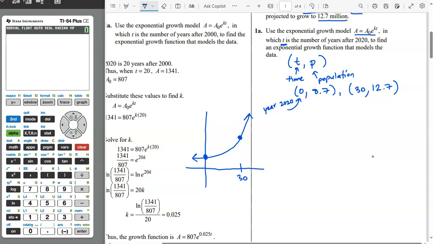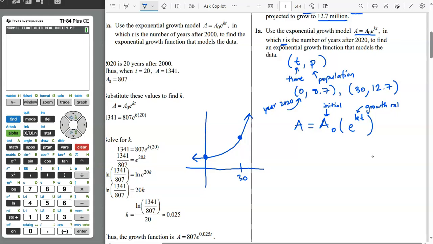And so this function should come out as a. This is going to be the population after t years after 2020. This a naught, this should be the initial population. Always if you see a little subscript of 0, that means the initial value. And then it goes e to the kt. This k is the growth rate,